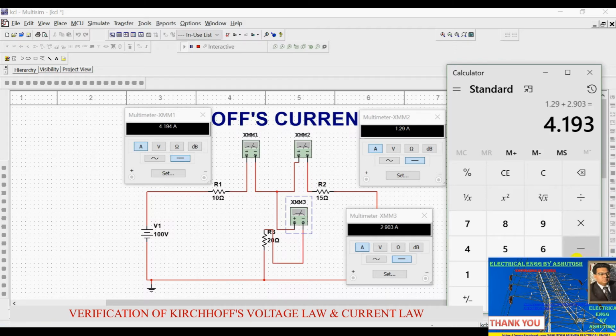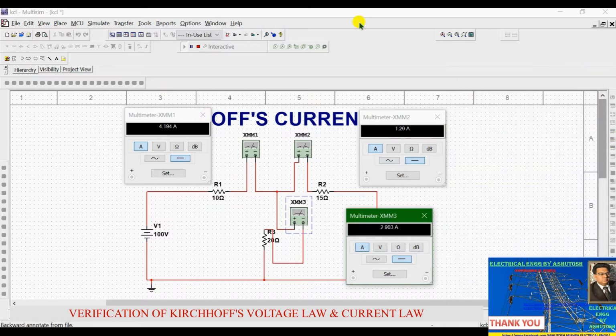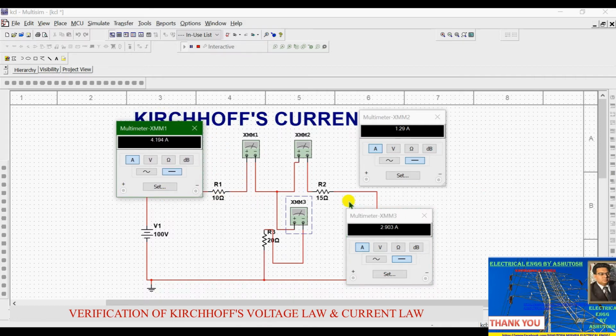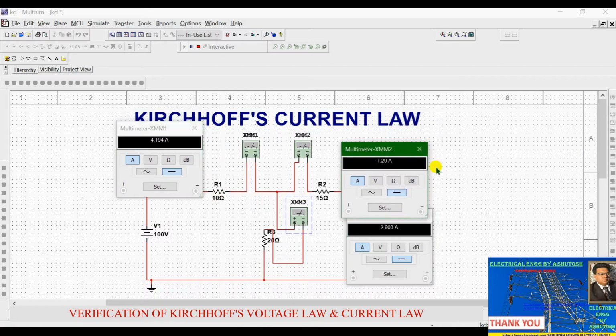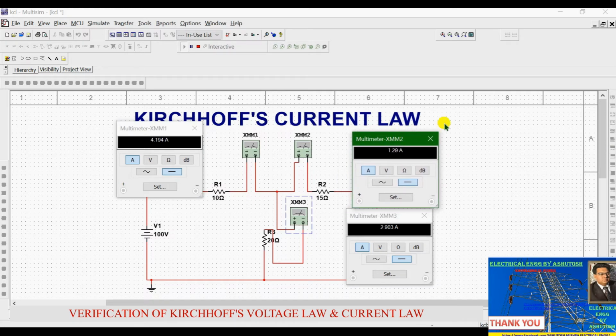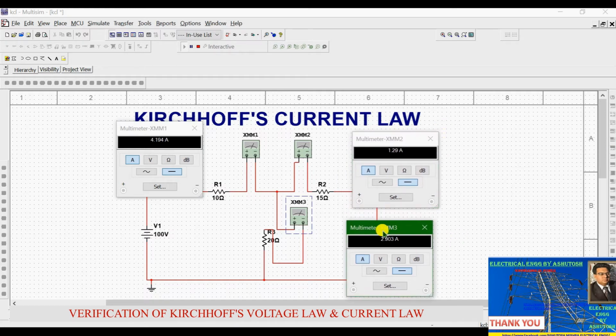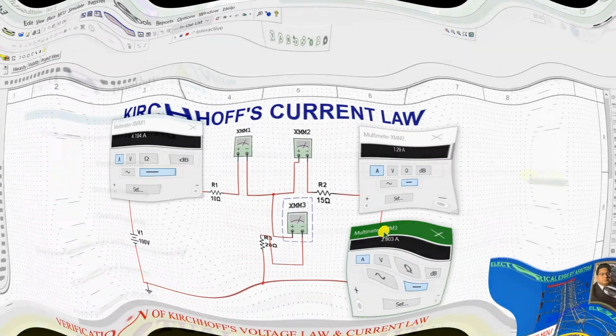It is the same, 4.193, 4.194, the same current. So that's it, guys. It verifies Kirchhoff's current law because I equals I1 plus I2. You can verify these laws by drawing the electrical circuit for yourself.